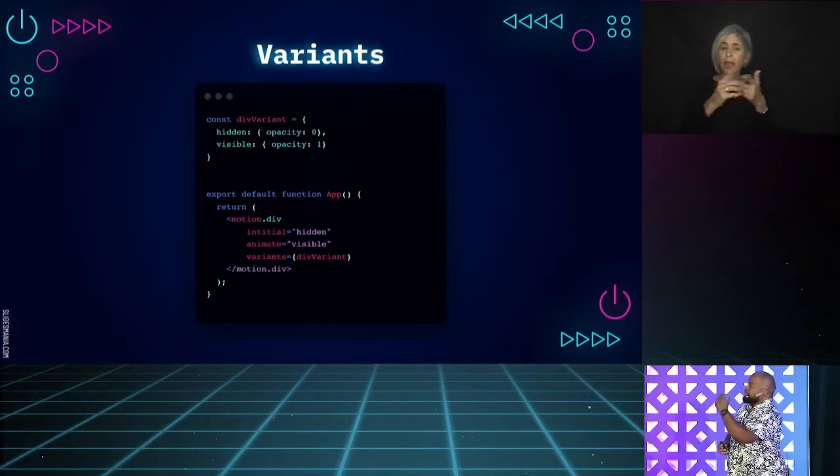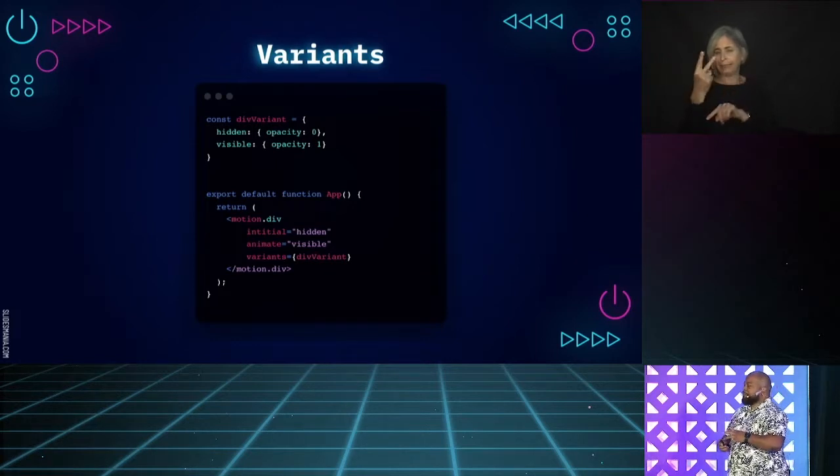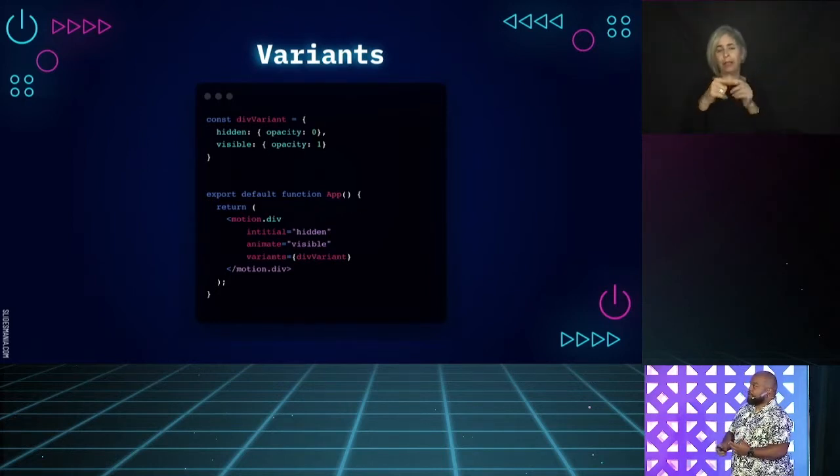And then when I wanted to say the initial and the animate state of the animation, I named it hidden, and I named it visible. And animation can get really complex. You can change size, you can rotate them, you can add hover animations, you can change the transition. There's a lot that you can do. These variants can get very, very big, and the only thing you can do to reference them is use hidden or visible or whatever names you give them.